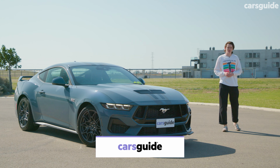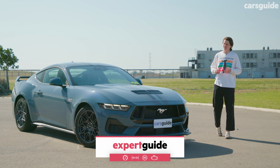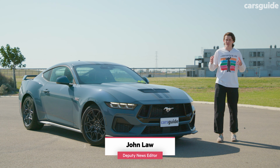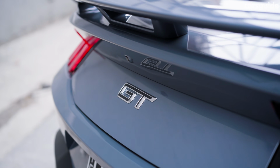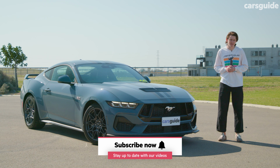The 7th generation Ford Mustang uses basically the same engines and underpinnings as its predecessor. So you could be forgiven for thinking this car isn't a huge step forward from the car it replaces. Ford claims that there's plenty of leaps in terms of technology. A lot of that's down to inside the cabin, and it's all to capture a new audience for the Mustang